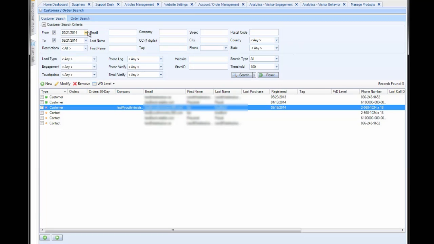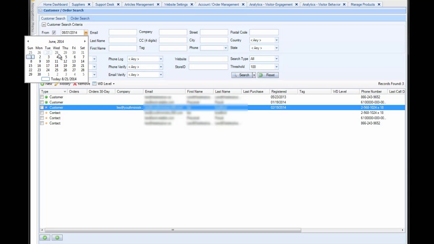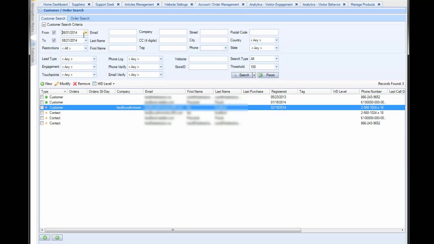So what do I do? I go here and I say, I want to see from June 1st up until today, show me all of the people that have at least one touch point that are registered in my system. So this is people who registered but didn't do anything, or they came in to us from email marketing,